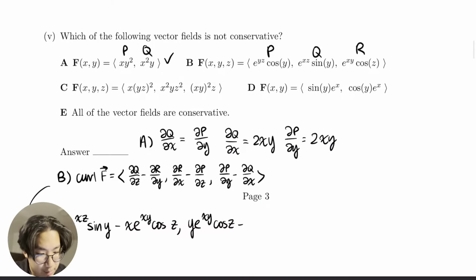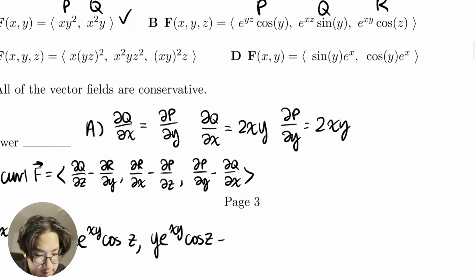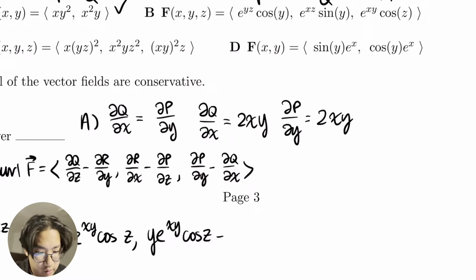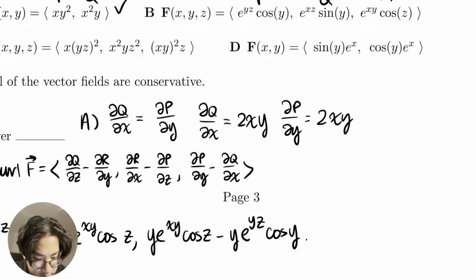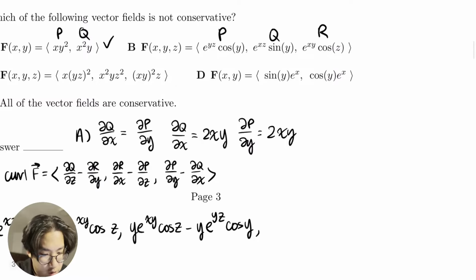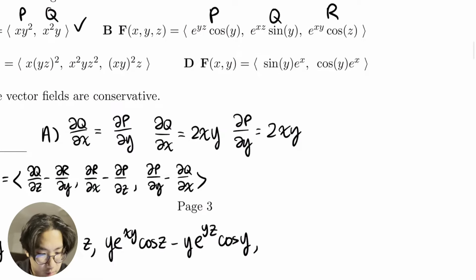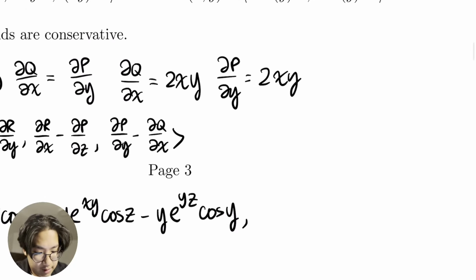Minus partial p partial z. So again, e to the yz times the derivative of yz, which is just y, so y e to the yz. And then cos of y. And last we have partial p partial y. Here it gets a little annoying because they both appear, so it's a product rule in this case. So we have first, e to the yz